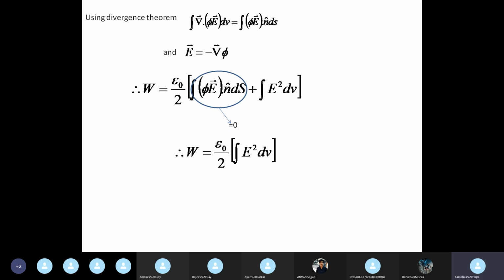Then this is the expression of W, and finally, the energy per unit volume, for that you just need to divide it by the volume and you get potential energy per unit volume as U equal to half epsilon naught E squared. This is a well-known value of electrostatic potential energy, and this is the method in which we arrive at it. So you have to know this value, and this derivation is also part of your syllabus because it is clearly mentioned, electrostatic potential energy per unit volume.